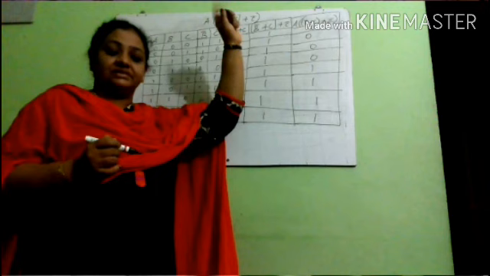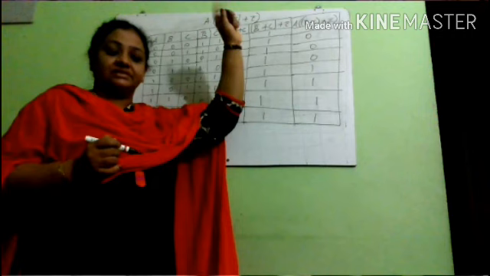Now this whole thing has to be ANDed with A. So A is ANDed with B bar plus C bar. The last column has to be ORed with A. Sorry, ANDed with A. So here we have B bar plus C bar. This column has to be ANDed with the first column A.